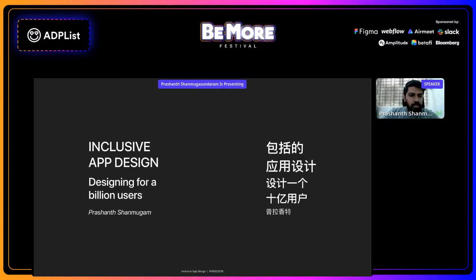So this is, let's say, inclusive. I'm just putting a bunch of text here. Let's say it's inclusive app design, designing for a billion users, and then I put my name here. This looks really good for the English language, where I have used full caps, sentence case, and italics. Right, there is a good differentiation that I can see. But when this gets translated into Chinese, there is no uppercase, no lowercase, and no italics in Chinese, so it will all look the same, right? So that's going to be a huge bummer when people switch languages